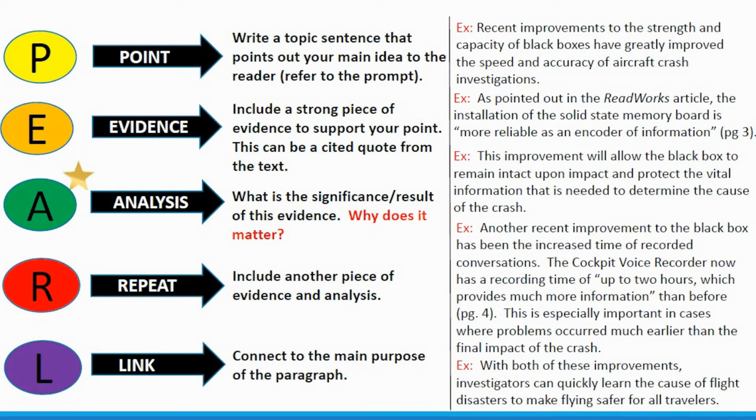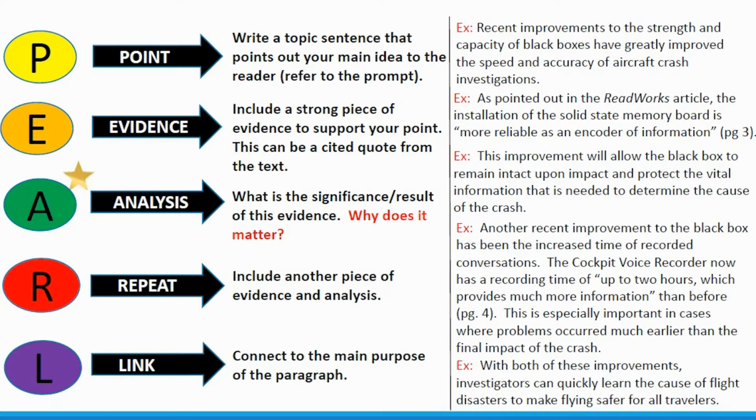So let's start by showing what PEARL is. Go for it. So PEARL, the P stands for point. Now that's just your topic sentence. We've all heard topic sentence. It's the same thing that you've already seen, but P stands for point. That's your topic sentence. E is evidence. That's where you include evidence from the text. You tell where it comes from. You include the evidence. It could be paraphrased or quoted. And this is something that we're all very familiar with. A is analysis. That's where you explain and elaborate on your evidence.